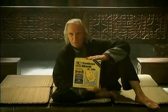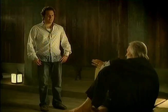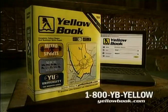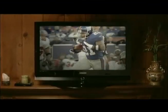Master, how do I find enlightenment? Easy. Yellow Book. Yellow Book? We are all searching for something. A new car, a reliable plumber, a comfortable leather sofa. The more choices one has, the easier the quest. You're saying Yellow Book is the key to it all? The path to enlightenment starts with Yellow Book. To find the answer, one must look inside. Yellow Book, not the other book. 1-800-YB-YELLOW. Monday. Start making plans, because tomorrow doesn't recognize phrases like working overtime, especially when the G-Men venture into Jacksonville